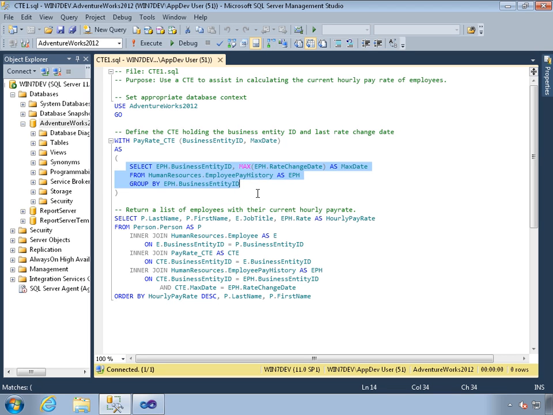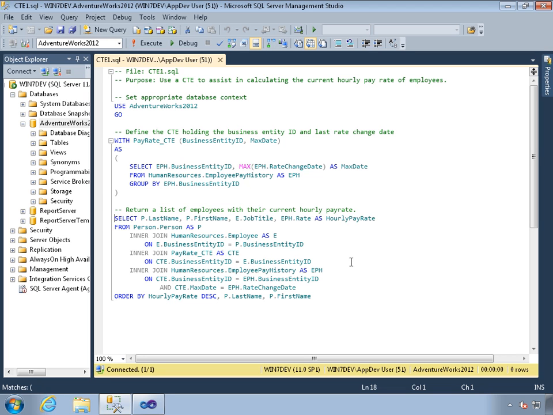Remember, we took a look at using a temp table and using a subquery to calculate the latest pay rate for someone. And in this case, what we're going to do is say, look, let's go get the last time their pay rate changed for every employee. We will store that in a CTE. Notice there's no create table, there's none of that, there's no temporary table going on. This will now be available to us, and once it is defined, we'll then use it in a select statement